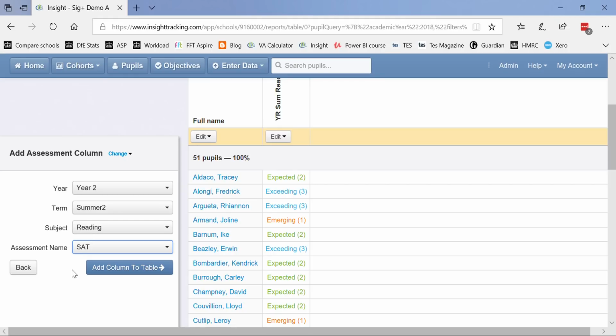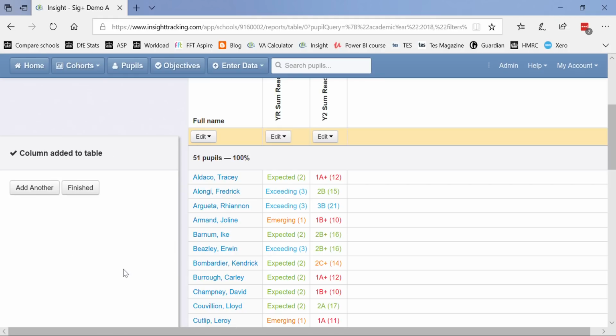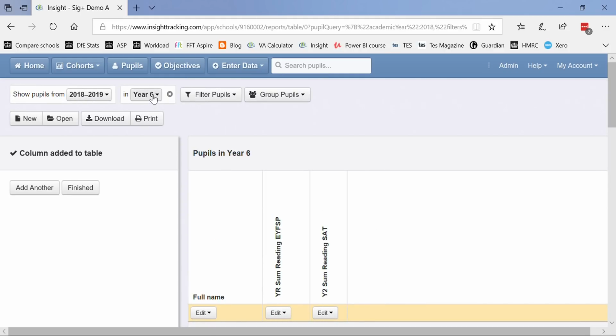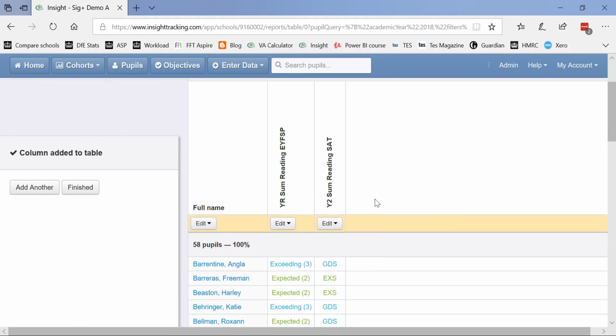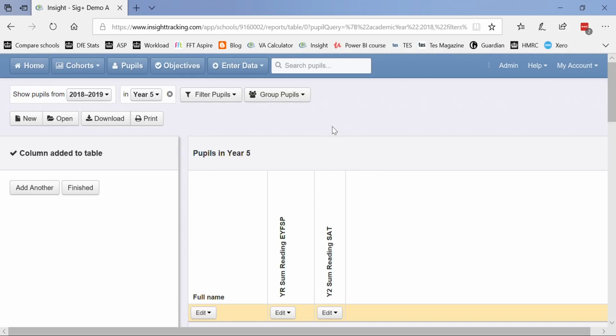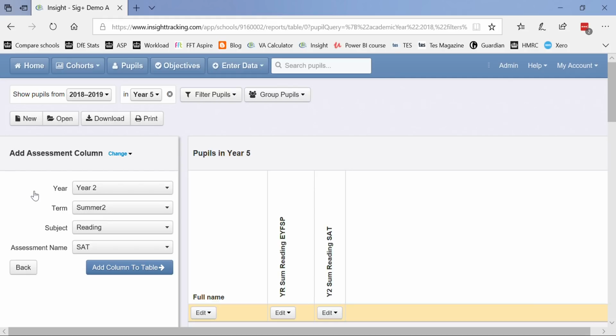Now I could change the subject obviously, but I just want to put in a few columns here. So there's their key stage 1 result. Now that's for year 6 who do have sub-levels. Now if I change this to year 5, it's got the new type of key stage 1 data. So the point is I can apply this, as I start to build this table up, I can apply it to other year groups. So we'll leave it for year 5, let's add in another one, and then let's add